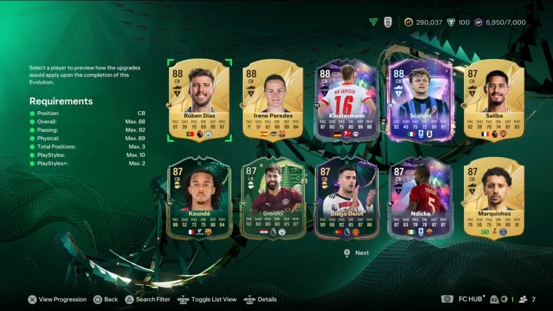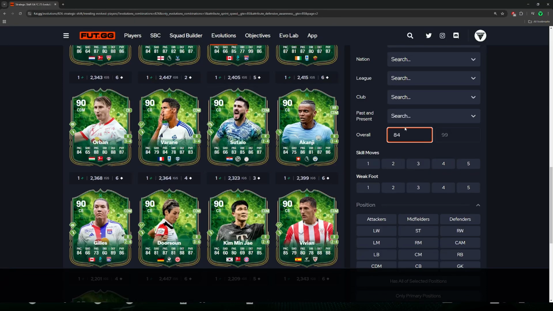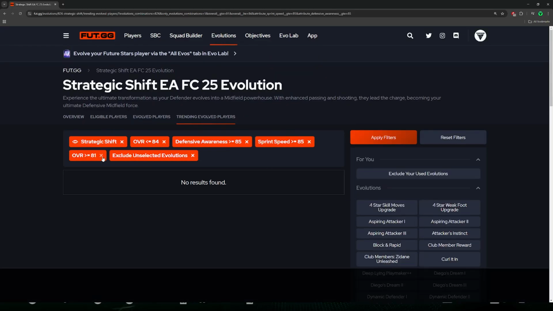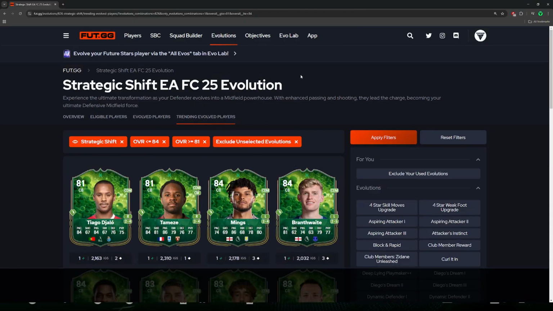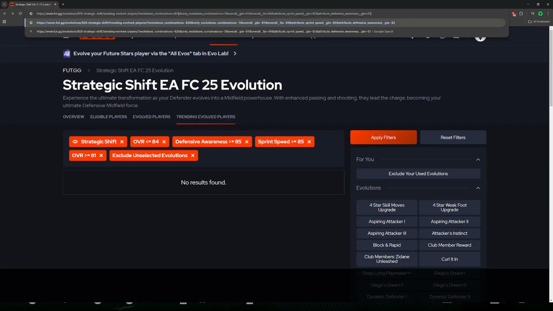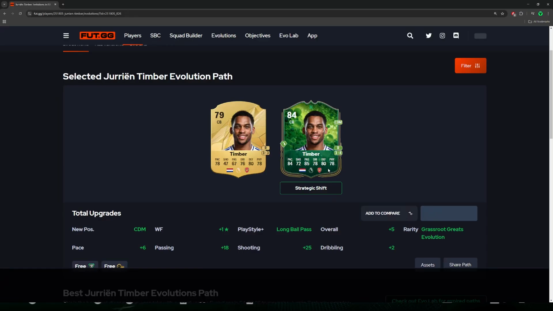So what I would say actually here, we're going to go back. And what we're going to do is put a max rating of 84. Oops, that's minimum 84. Let's just say 81. Probably going to be no one there. Now we're going to drop this and this. Okay, then let's reduce this down to 83. And then we're going to bring the sprint speed, if I can find it, 82. So players like Timber, okay,